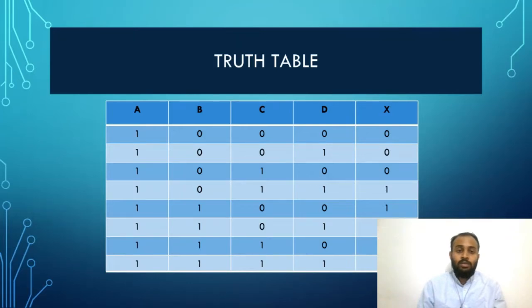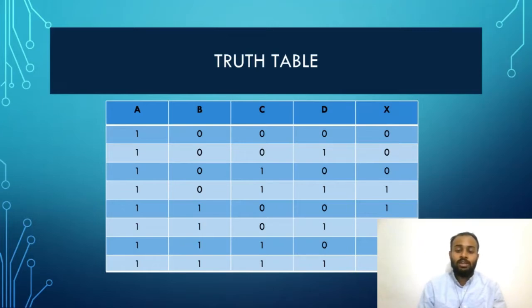From the question, there are criteria that no single employee can open the vault. Secondly, this vault can be opened with 3 employees, which includes the manager. So a manager is a must to open the vault. And thirdly, if the manager and assistant manager are present, the vault can be opened. So from the slide of the truth table, we can assume manager as A, assistant manager as B, teller as C, security guard as D, and